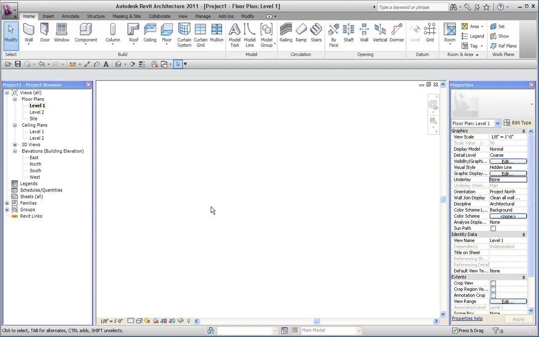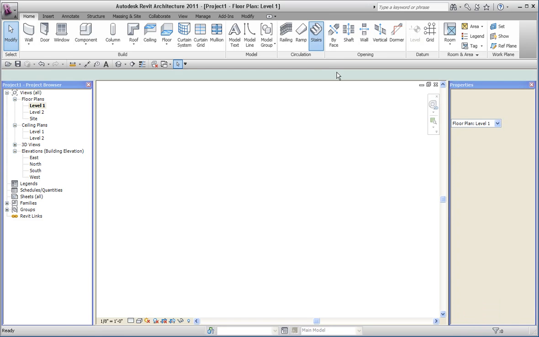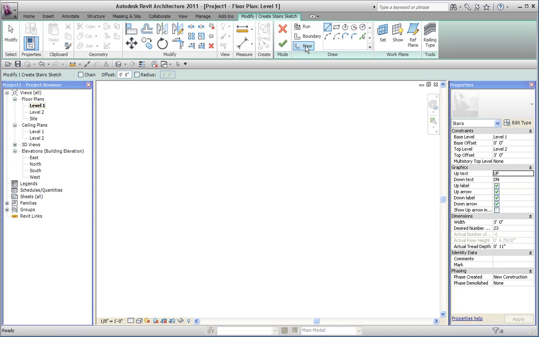Hi there. I got a request or a question about creating a stair with a landing at both ends based on a blog post I made sometime in the past. And the file that she asked about I couldn't seem to put my hands on, so I'm going to make a quick example here. Starting with a stair tool, I'm going to use the riser approach, riser and boundary, and